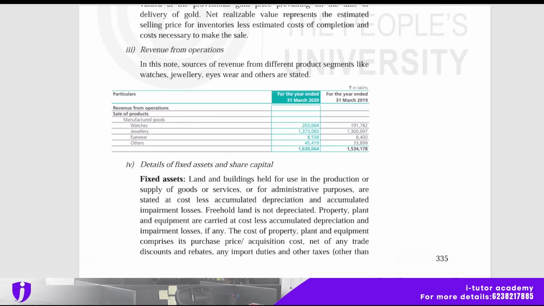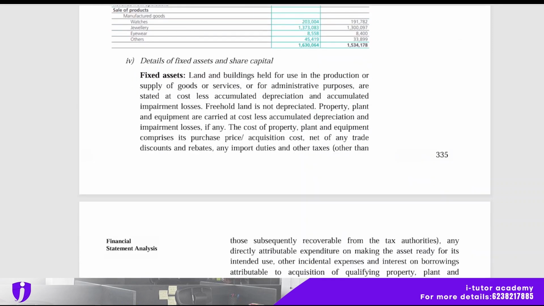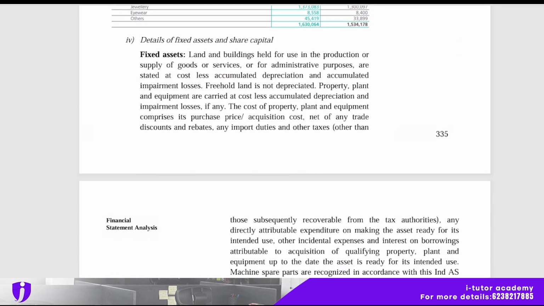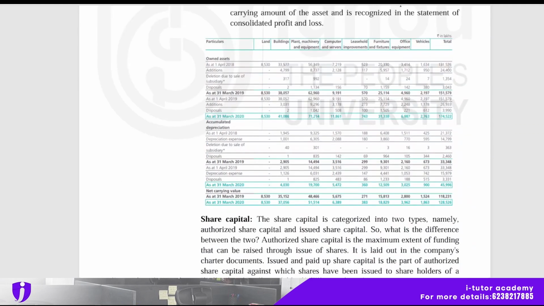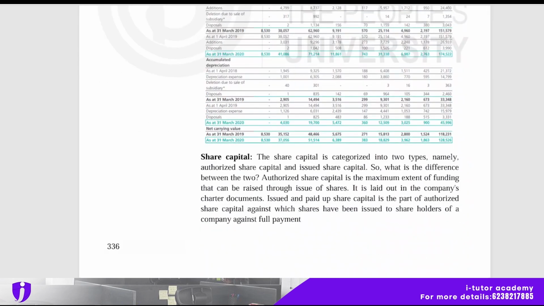Revenue from operations. In this note, the sources of revenue from different product segments like watches, jewelry, eyewear, and others are stated. And the detail of fixed assets and share capital is there. Fixed assets, land and building held for use in the production or supply of goods or services or for administrative purposes are stated at cost less accumulated depreciation and accumulated impairment losses. And here is the example for that. And share capital, the share capital is categorized into